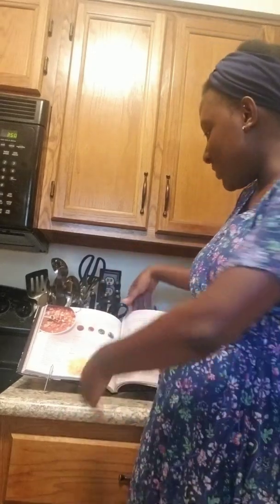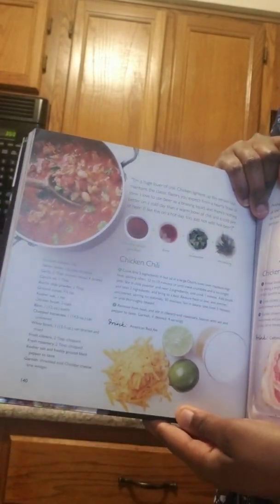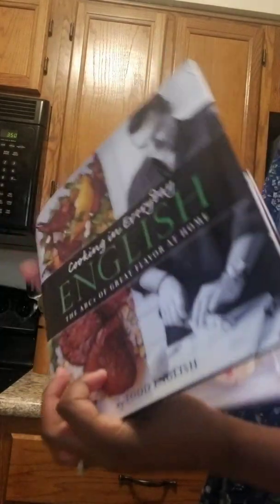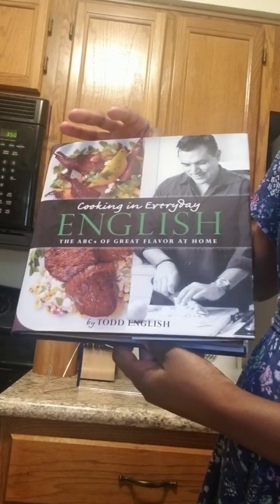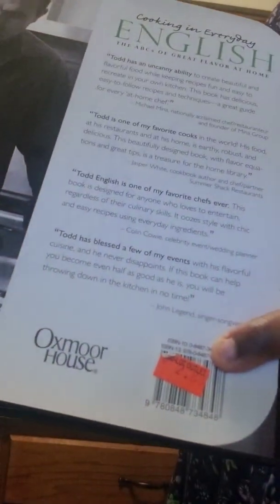So today I'm going to be showing you this chicken chili recipe. It is the best chili we've had, and it's with ground chicken, and it has some other ingredients that are kind of unexpected. So this is the cookbook, Cooking in Everyday English, the ABCs of Great Flavor at Home by Todd English. I was lucky enough to pick this up for $2.88 at Odd Lot, but it is worth way